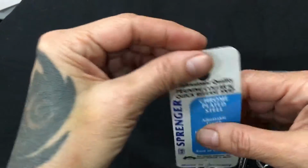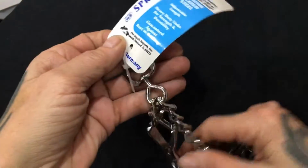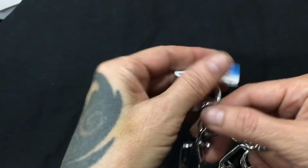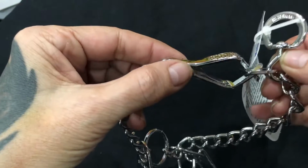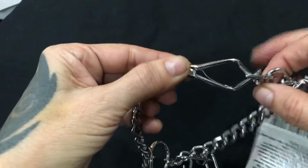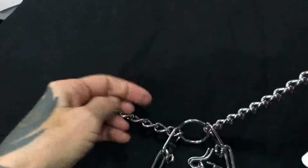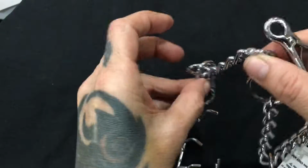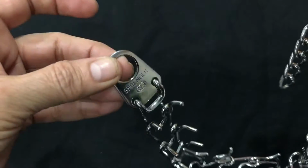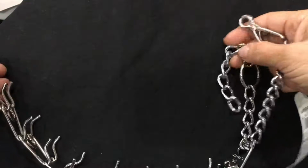Like I said, you want to look for the Herm Springer. This particular one has this on it. This is designed also for people that have problems. You can unhook it here and here. It slides out of this piece. So you can take it, put it around the dog's neck,